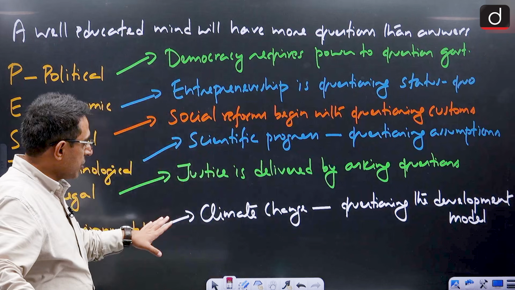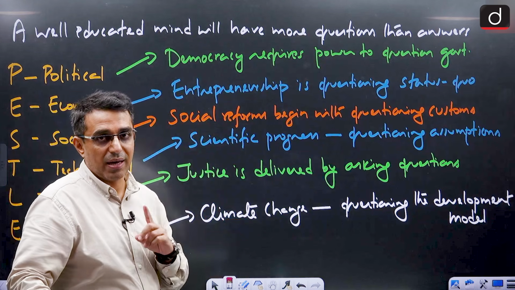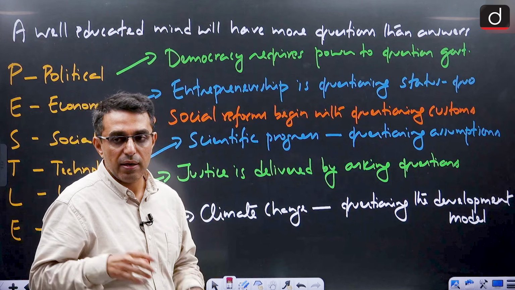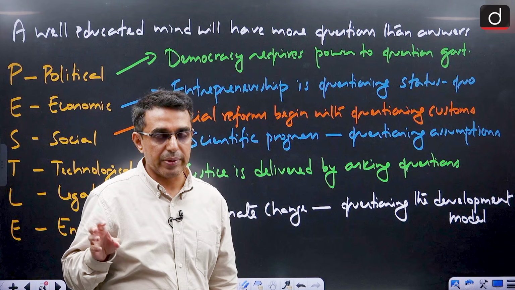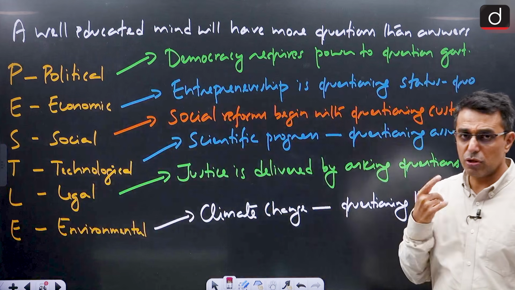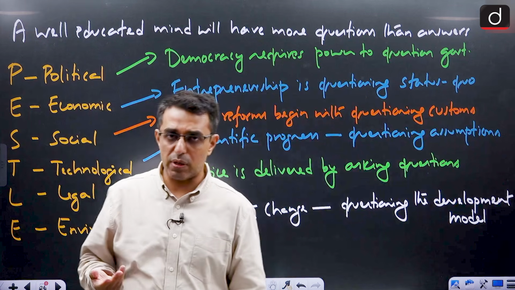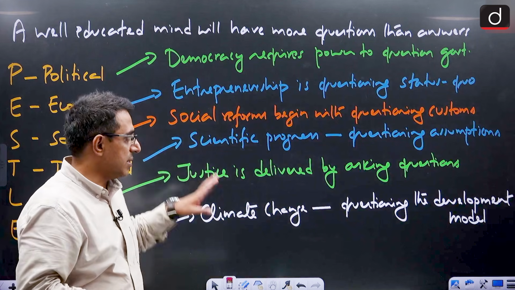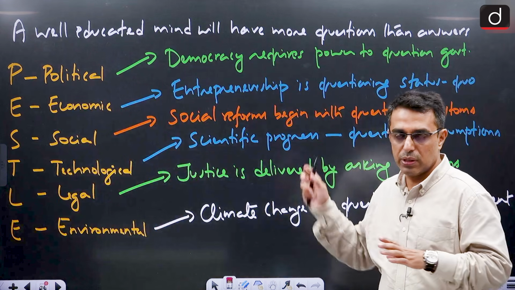And finally, environmental dimension, we can talk about climate change. The impact of climate change has made us question the developmental model, right? So we are asking whether we need development without the protection of environment. The answer is no. We need sustainable development only, right? That has also happened by asking questions. So again we can see that for certain topics, it is easier for us to relate and think about various dimensions, right? This is just a sample, and you can explore various other dimensions also, as I have told you in the framework.